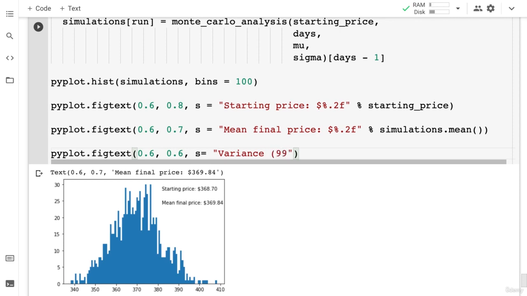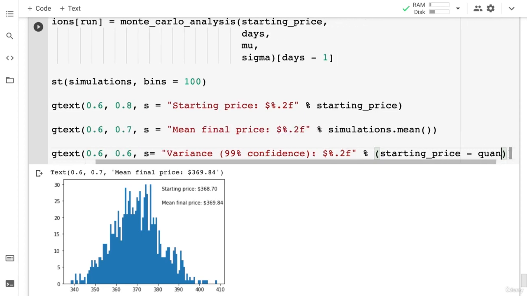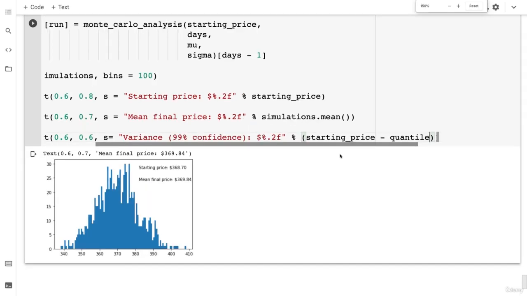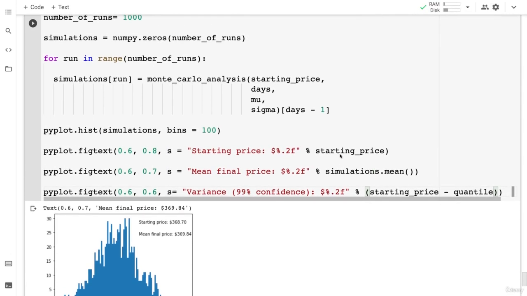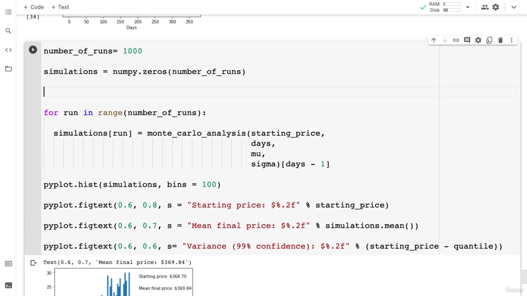So I'm going to say 99% confidence, and I'm going to pass in here to 2 decimal places the variable of my starting price, and then I have to subtract my quantile. So the quantile, I am going to declare that as a variable. All right, so let's declare that quantile. The quantile is going to be a